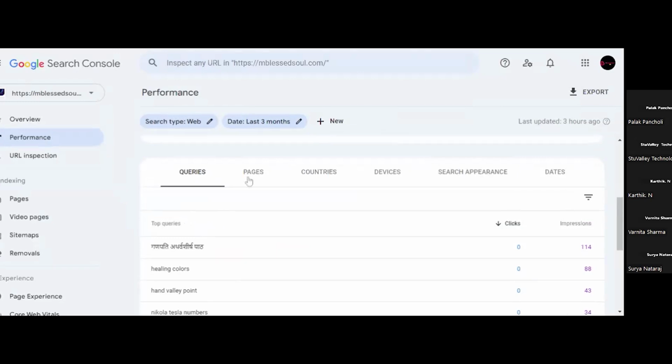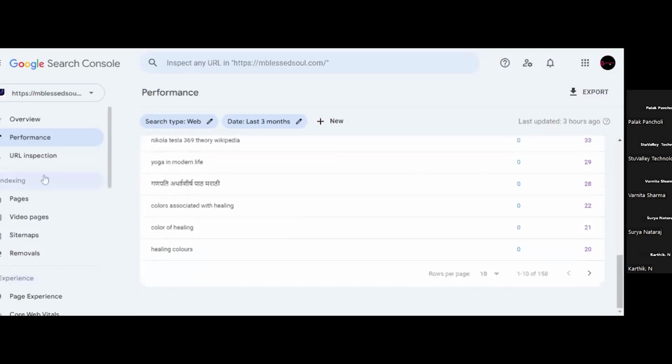Okay, what are the top ranking pages of your website, which are the countries from where you are receiving traffic on your website, from which devices you are getting traffic, and how your website is performing in the search engine result page, and on which date you have got clicks and impressions. Okay. So these are the top queries, right?